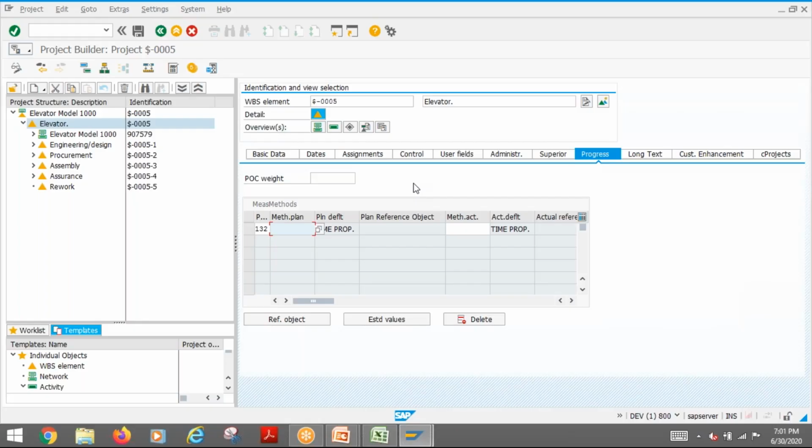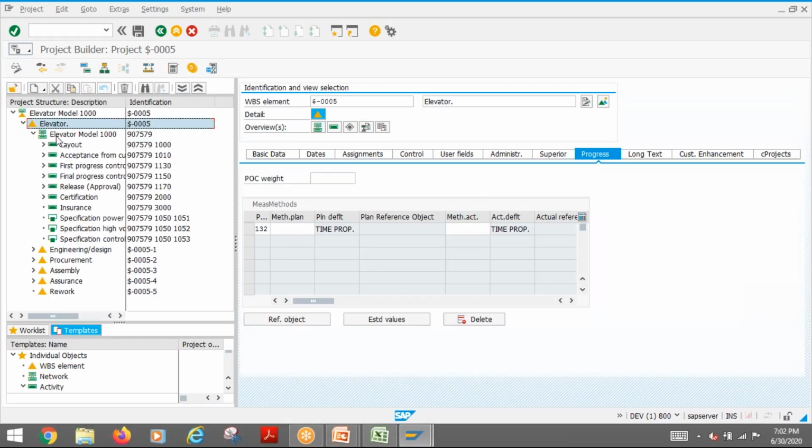Here the problem is that these two values, this one and this one, are not available in the mass change. So either you have to create a BDC for this, if somebody asks you to upload it from Excel or something like that, or mass change automatically. That option is not available. Similarly, both headers don't have these functions. So similarly for the activity also,